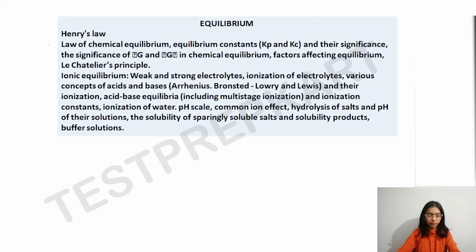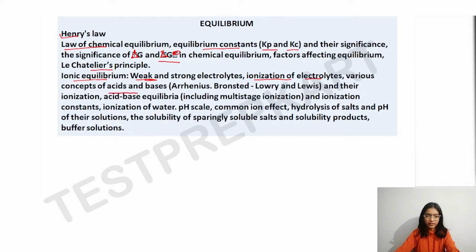In equilibrium, Henry's law, chemical equilibrium, equilibrium constants Kp, Kc, and their significance, the significance of delta G and delta G naught in chemical equilibrium, factors affecting equilibrium, Le Chatelier's principle, ionic equilibrium, weak and strong electrolyte, ionization of electrolytes, various